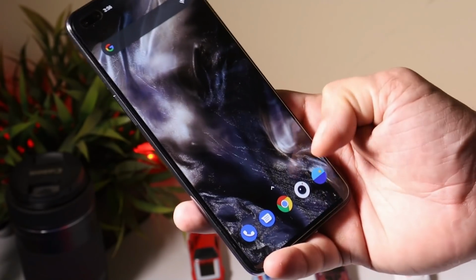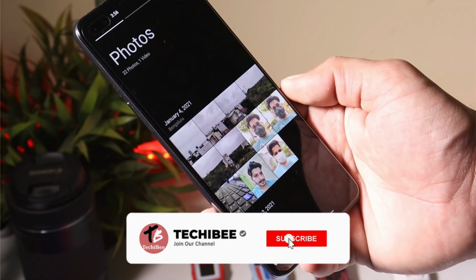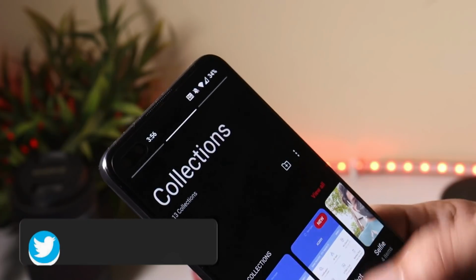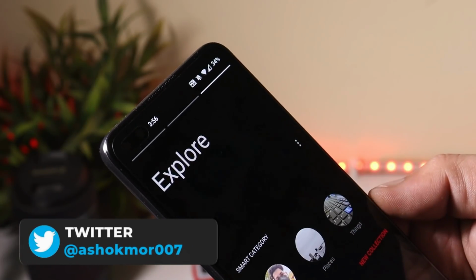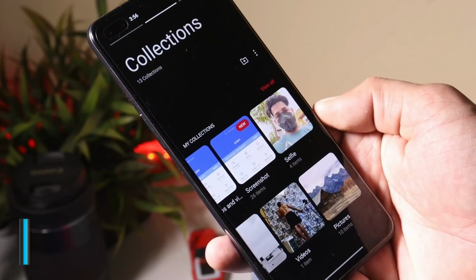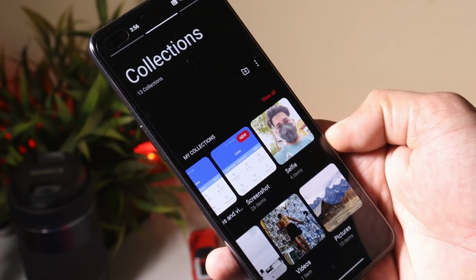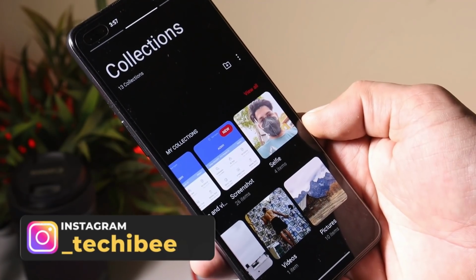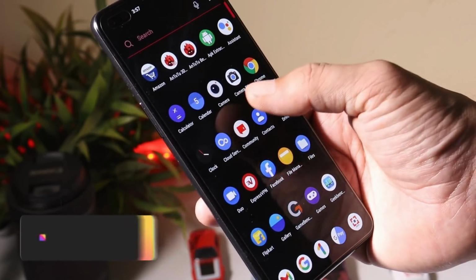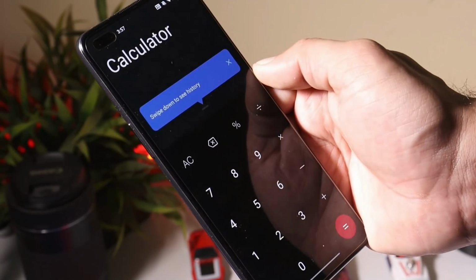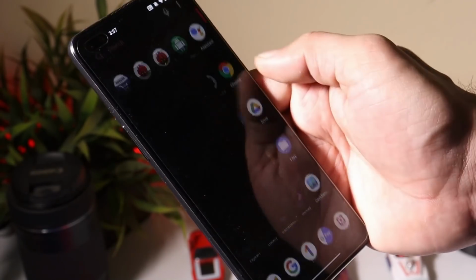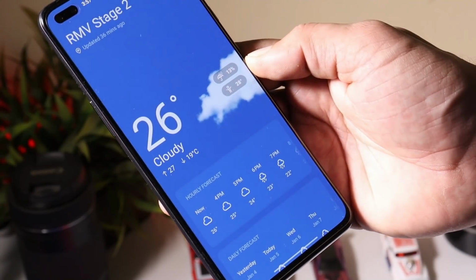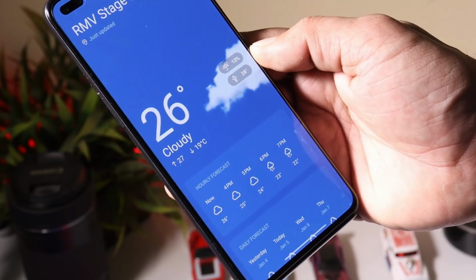Moving on to the next changelog, which is related to gallery, and here also the gallery has been updated. Now you get three sections, one is photos, collection, and the third one is explore. This new gallery also supports the story mode, which you'll get to know if you continuously use your device for a week. After that, they have optimized the loading speed of the gallery and image preview is faster. So guys, basically these are the changes done. Other than this, there are lots of applications which have been updated like calculator, clock, and weather application. So almost all the system applications have been updated to the latest version, which now supports Android 11.